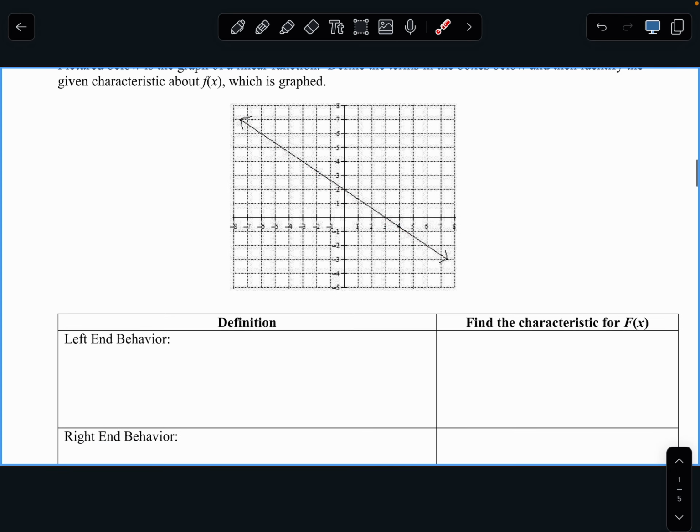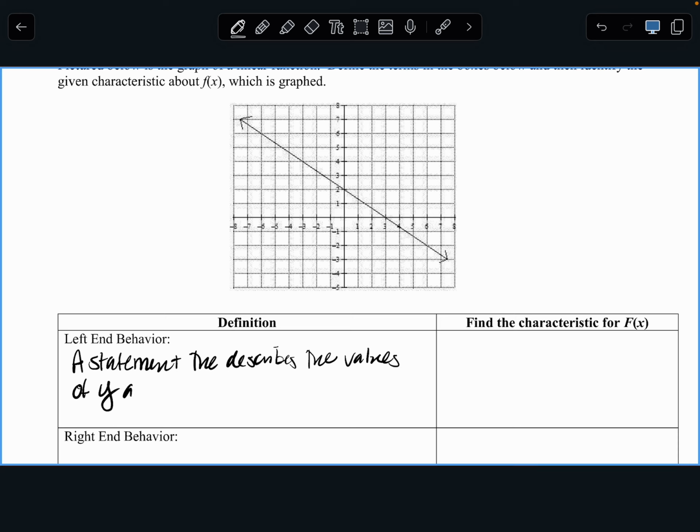All right, so left-end behavior. Left-end behavior is a new concept. Left-end behavior is a statement that describes the values of y. So what y is doing. What are the values of y as the x values get smaller? So as we go off to the left, as the x values, we say they approach